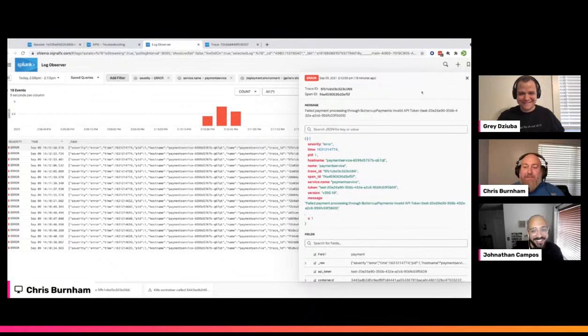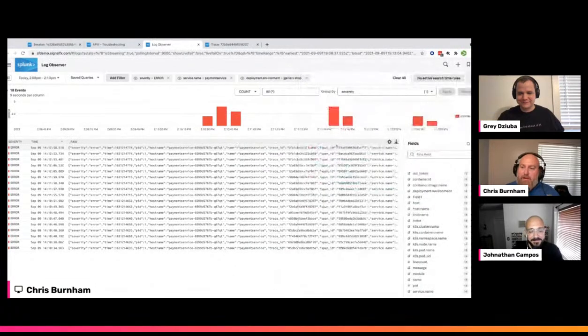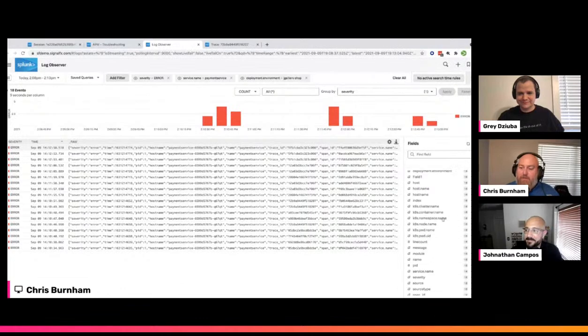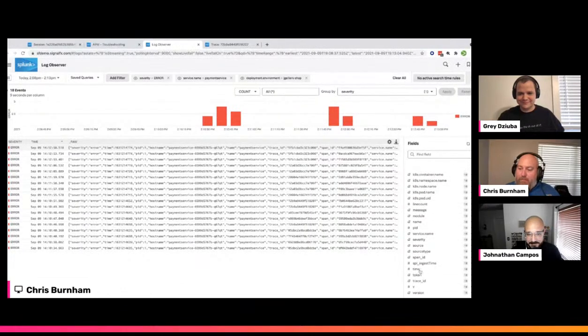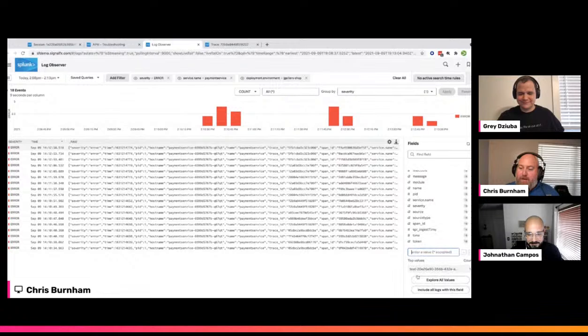So I see that my test token is associated with this version 350.10. And I'm like, okay, well, that looks likely. Now let's go take a look at all of these logs. All right. And I see that my test token is in all 18 of my events. If you look in the upper left-hand corner, you'll see that I have 18 events.